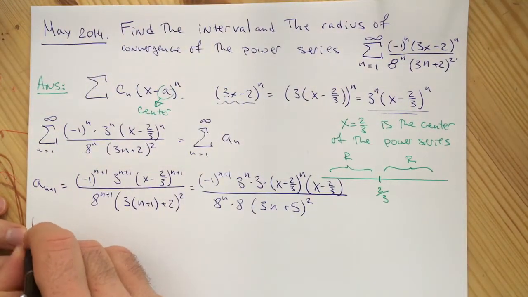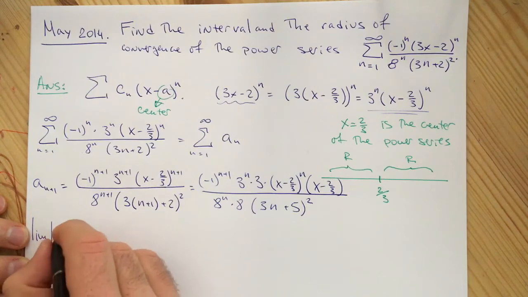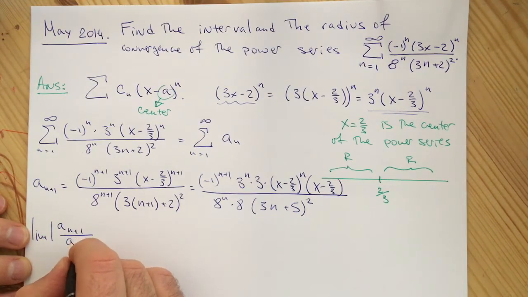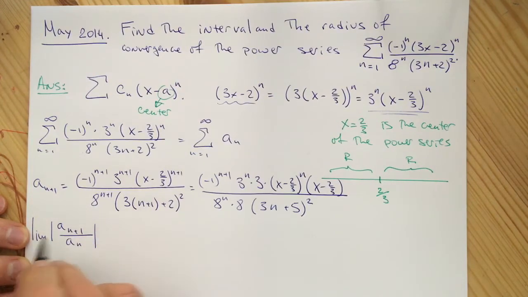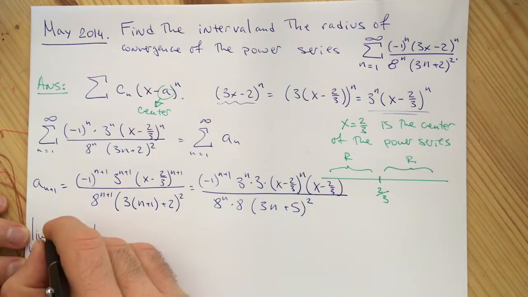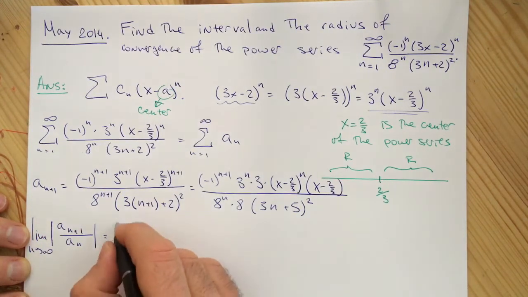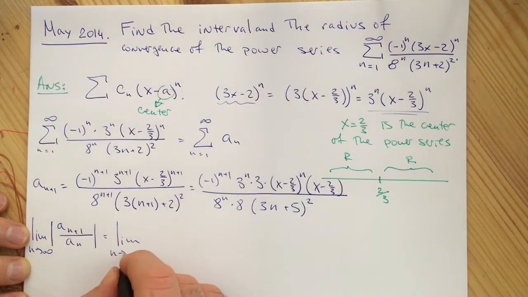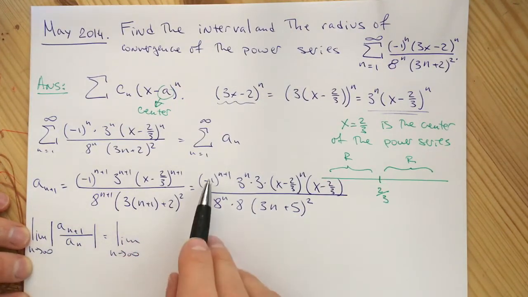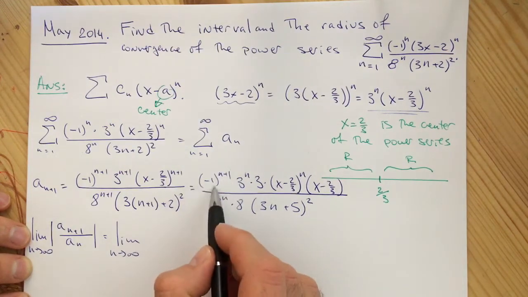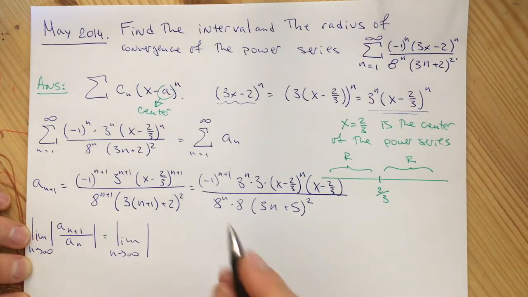Next, we're going to go to the ratio test itself, which says to find the limit of the ratio, the absolute value of the ratio a_(n+1) over a_n as n goes to infinity. Of course, emphasis being put on the absolute value. So this is the limit as n goes to infinity. The absolute value of negative 1 is 1, the absolute value of 1 is 1, so this alternating part will disappear here